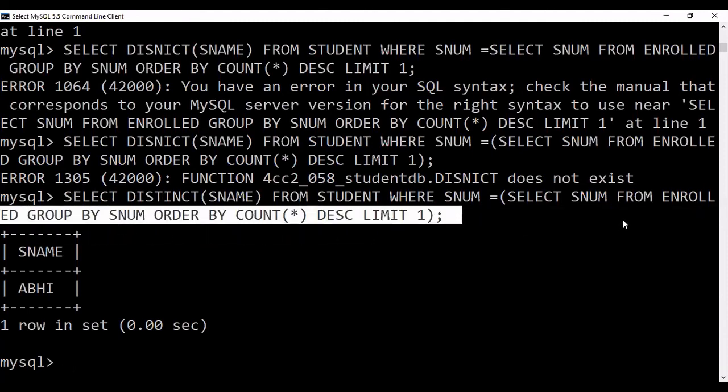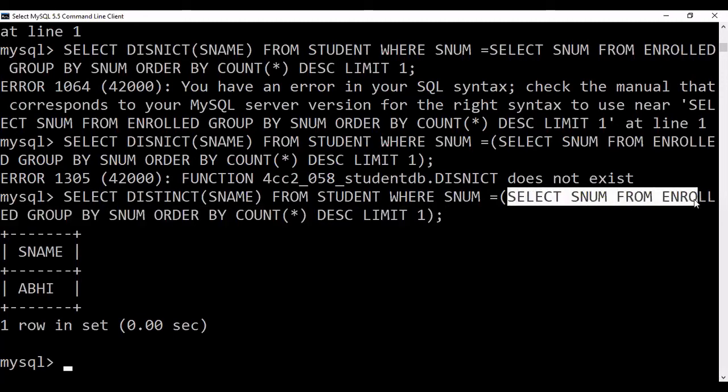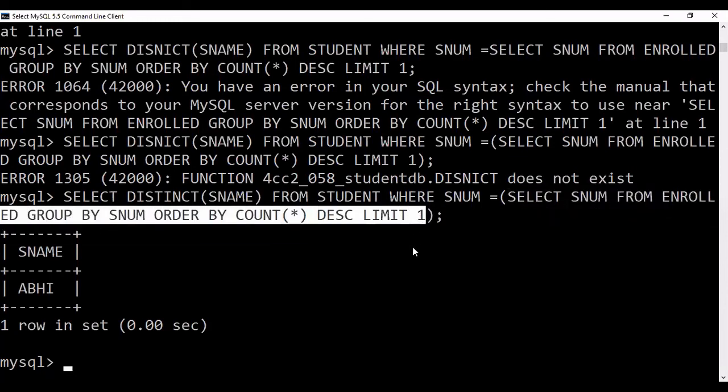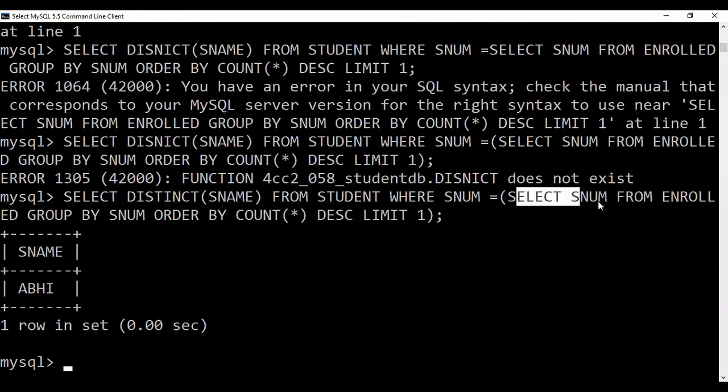Max operation we can apply for a numerical value, but this is not a numerical value, this is the course number. That's why we need to count. So that max number and this max number are different. If 100 numbers are given, 1 to 100, you can find the maximum from max. But here no numbers are given, only the course name. So you need to count first. Once you count, you cannot apply max again. So that's why I am applying the limit operation after descending.